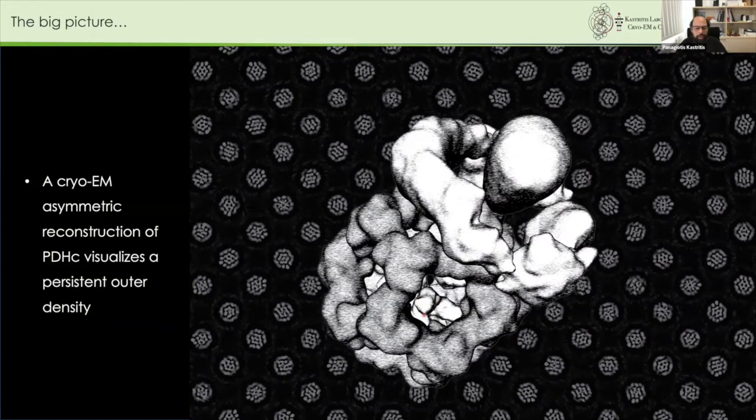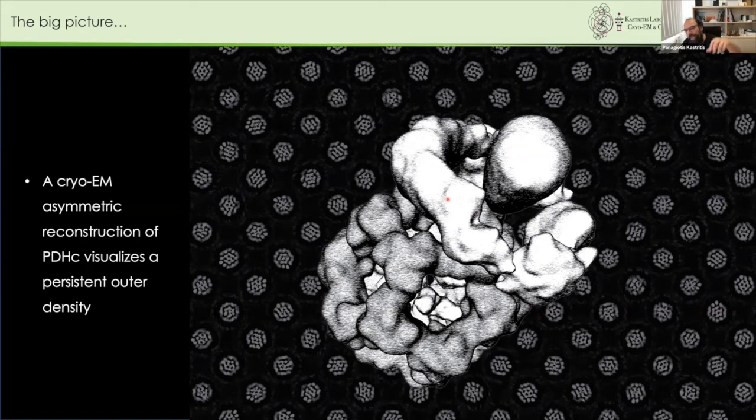Another story that we have, which I'm unfortunately not going to present due to lack of time but we can of course discuss, is that we identified another protein inside this huge core, a known component of the pyruvate dehydrogenase complex but with ambiguous location, and we found it as a trimer inside the core, and at low resolution we identified it. But here, what I am showing is that we identified with Cryo-EM an additional mega-Dalton compartment on